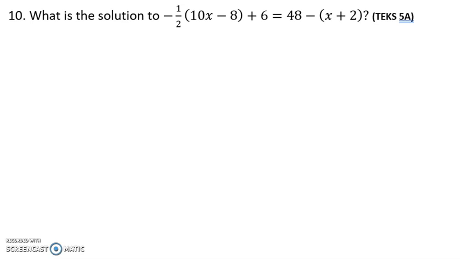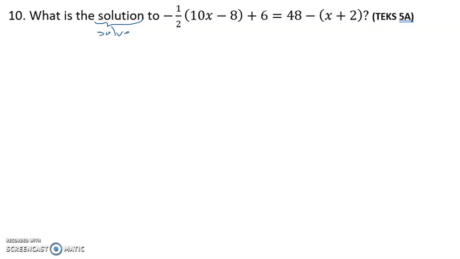Question 10. What is the solution to negative 1/2 times the quantity 10x minus 8, plus 6, equals 48 minus the quantity x plus 2? Okay, so what is the solution? This wants us to solve